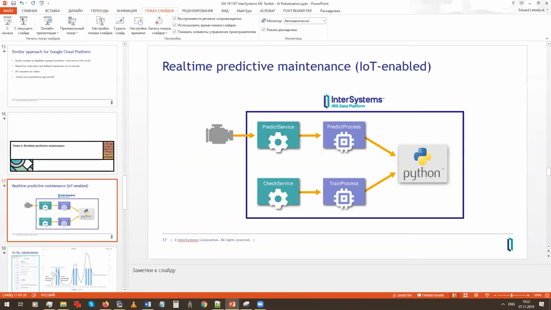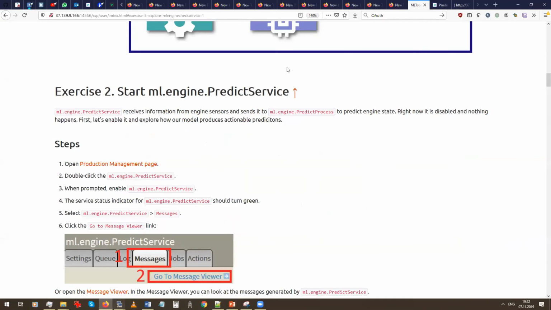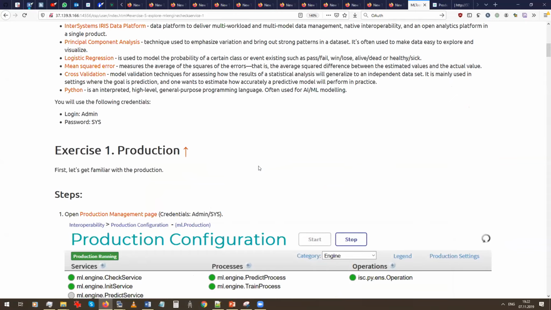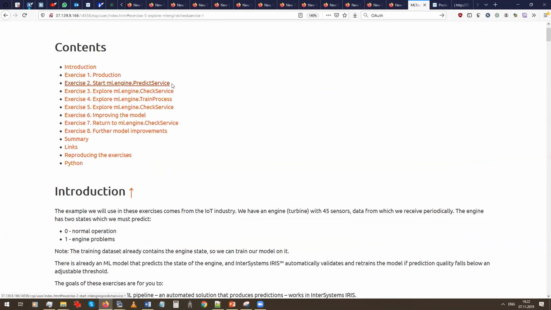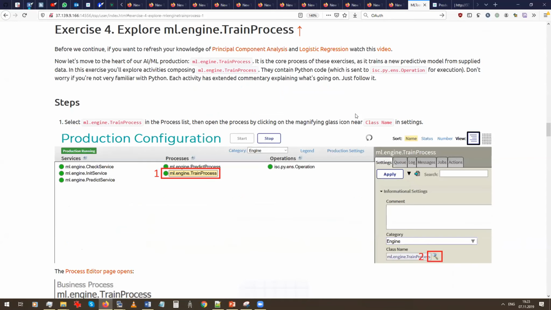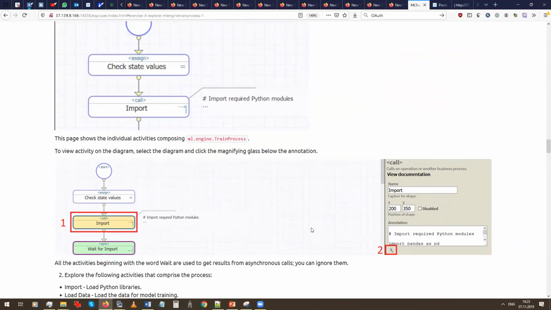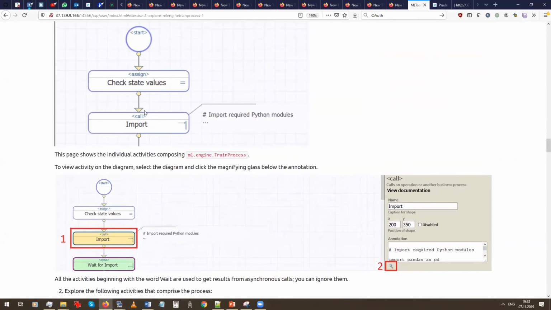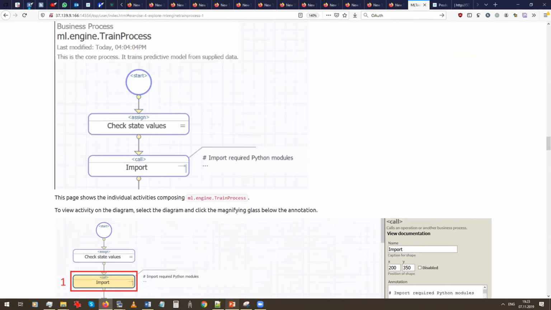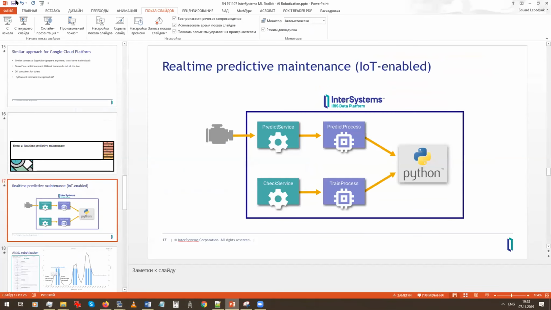Let me show you how it looks for a second. All right. So you can check the Python code inside the process, what composes it.